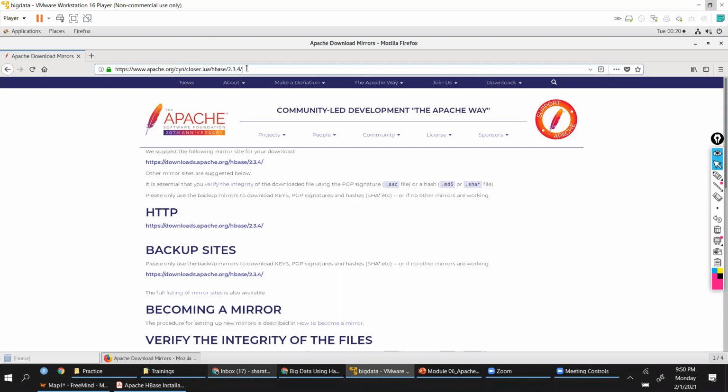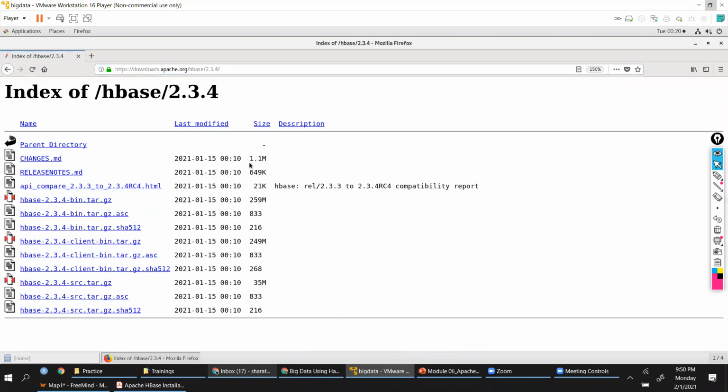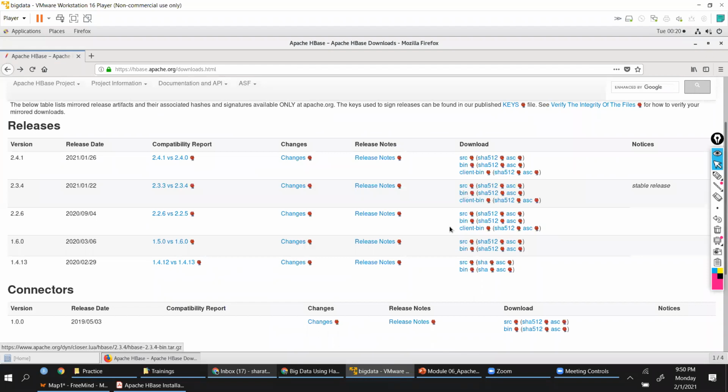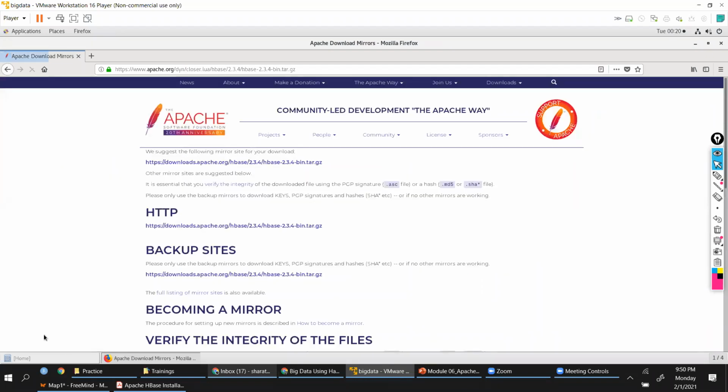It's not going there, is it? Okay, let me click on this. Yeah, this is the link. And here we are trying to download this file, which is 259 MB. Right? When you click on that link directly here, it's directly taking me to that location. Yeah, bin location.